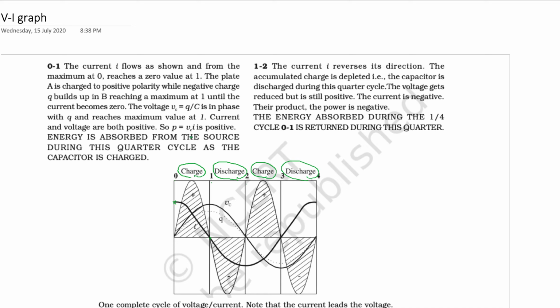As the power is voltage times I, here both the voltage and current are positive, so the power is positive. If power is positive, then energy is absorbed from the source during the first quarter of the cycle. This is what we have to learn from this part. And here the power is positive. Okay, so in the second quarter,